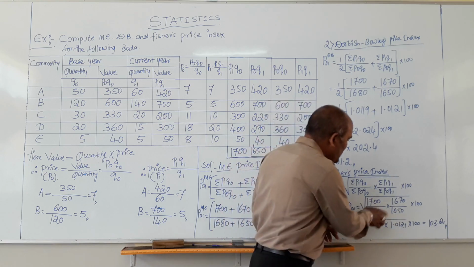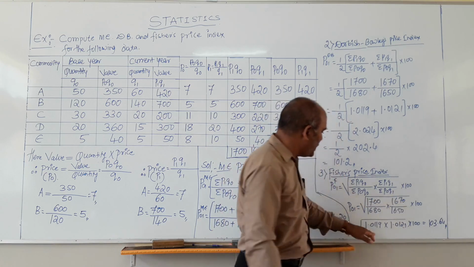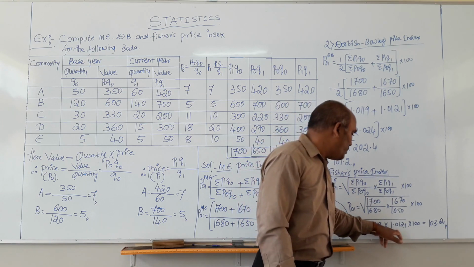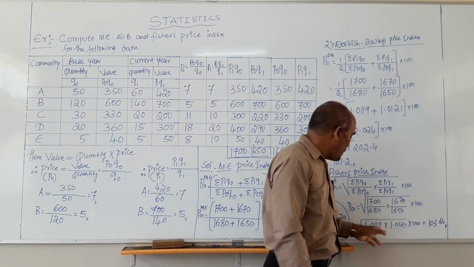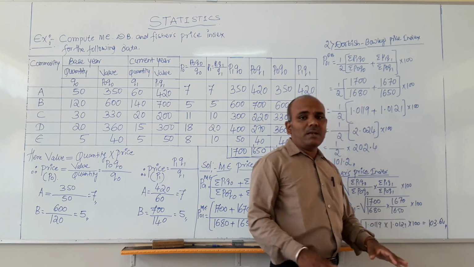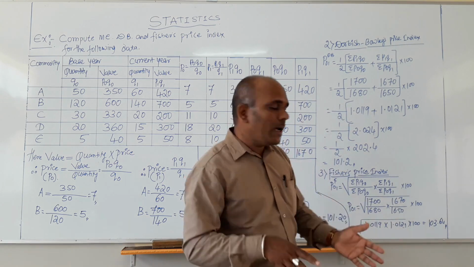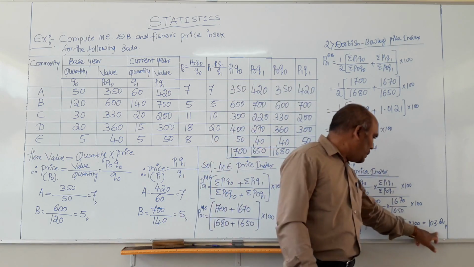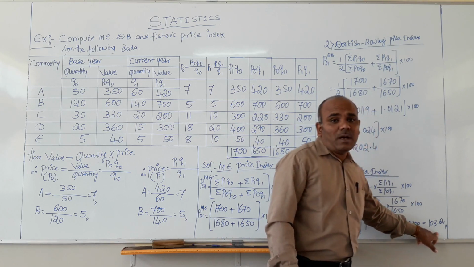After dividing these two values, we will get the result 1.0119 into 1.0121. Multiply these two first, then take the root of that, and after that you multiply it by 100, then we will get the answer,